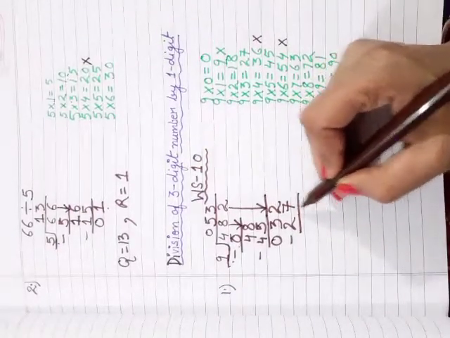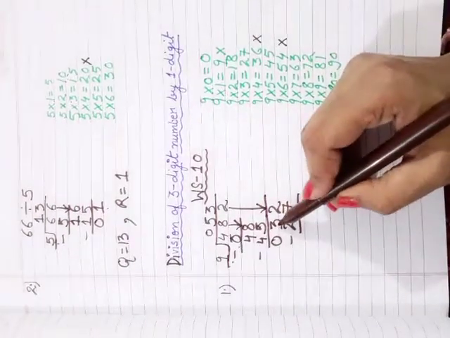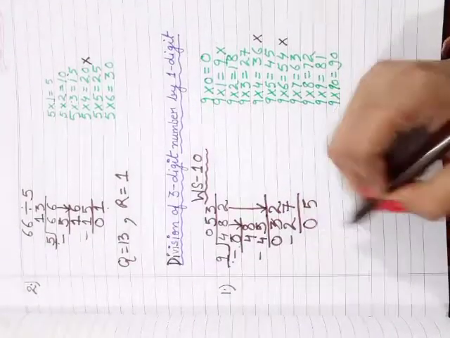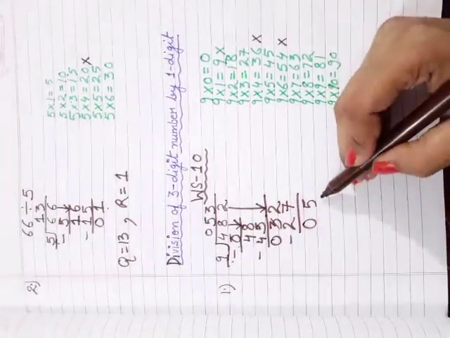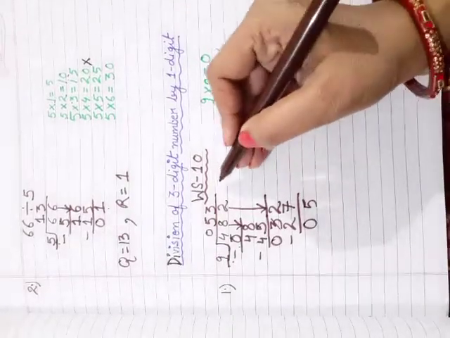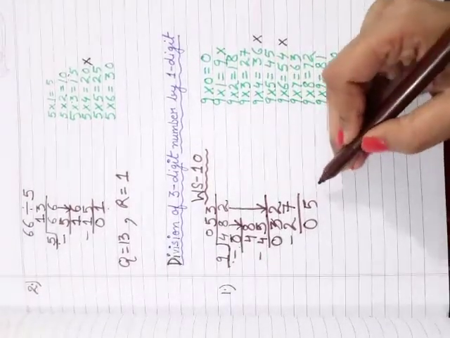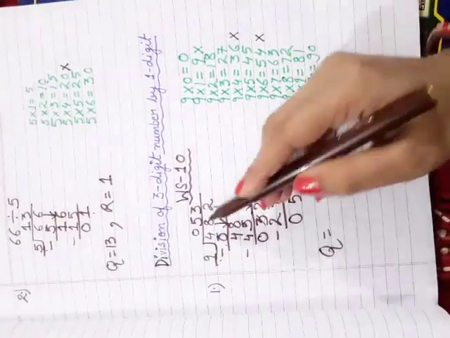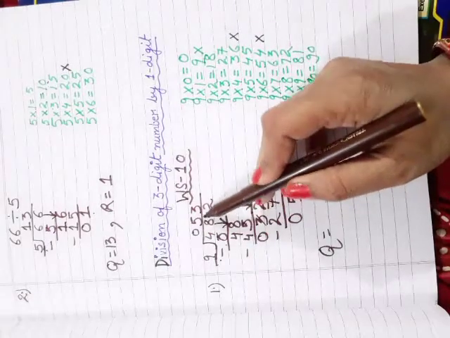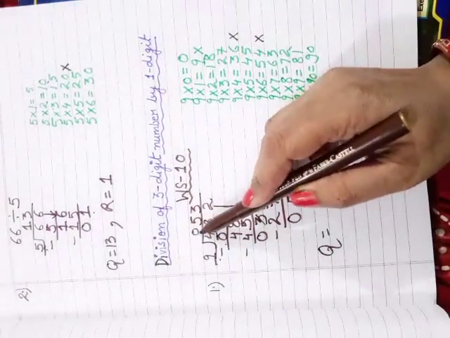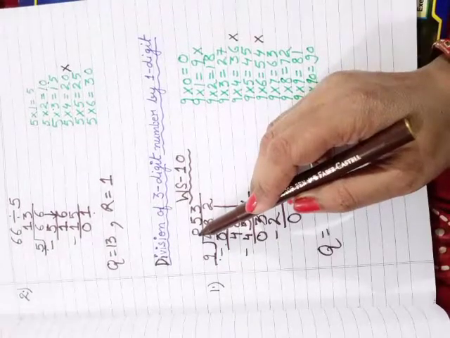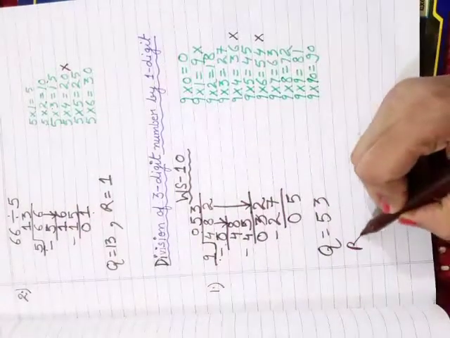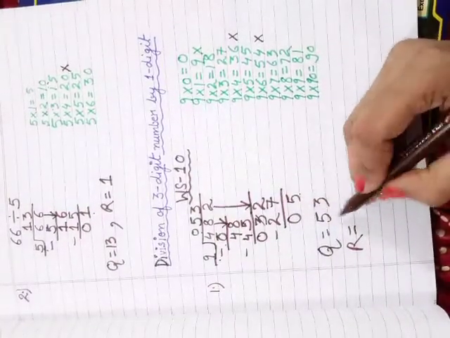12 minus 7 is your 5. Here we have 2. 2 minus 2 is your 0. So now 5 is our remainder and we don't have another number. So we will stop here. So our quotient is now 53. Here you will say 53 as 0 is in front of 53. So 0 has no value. So we will write the quotient as 53 and the remainder as 5.